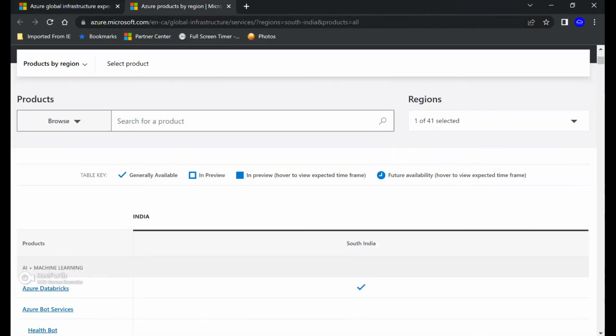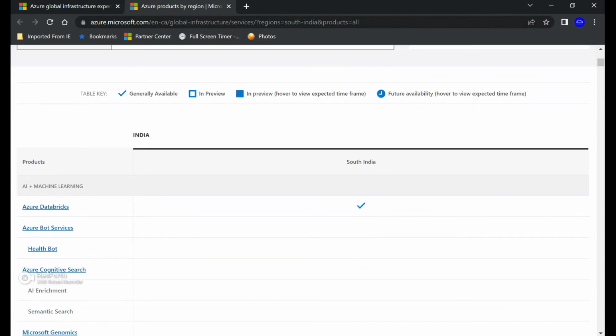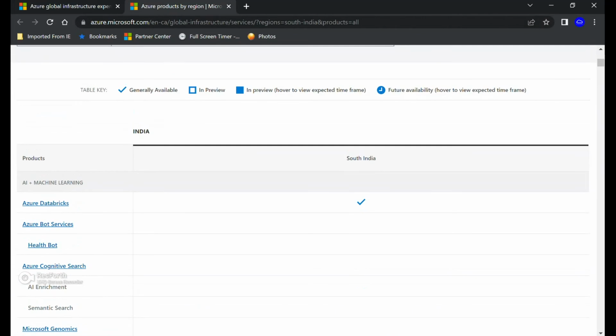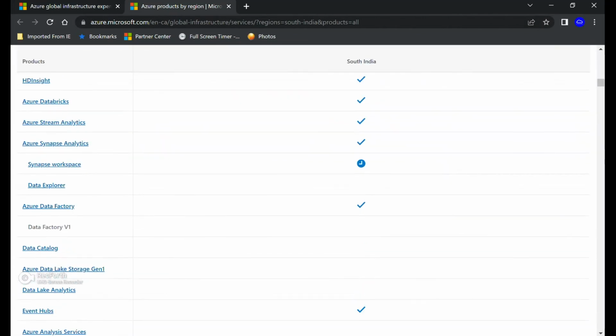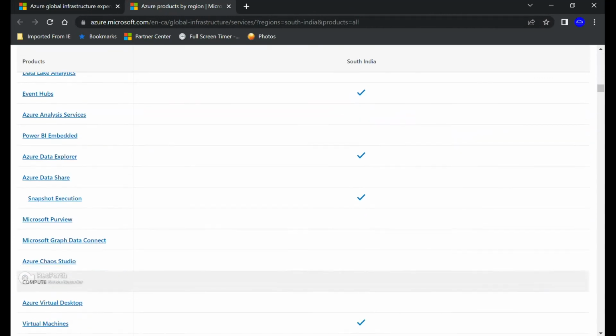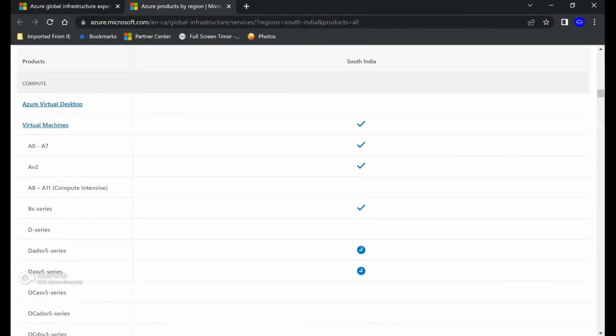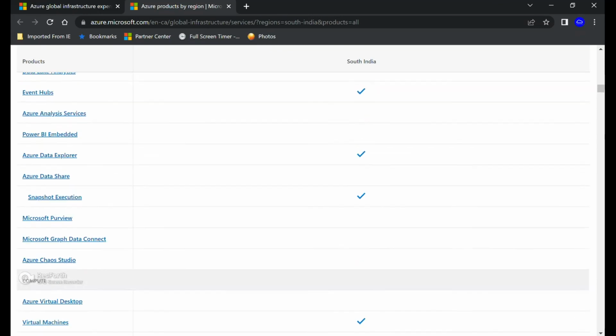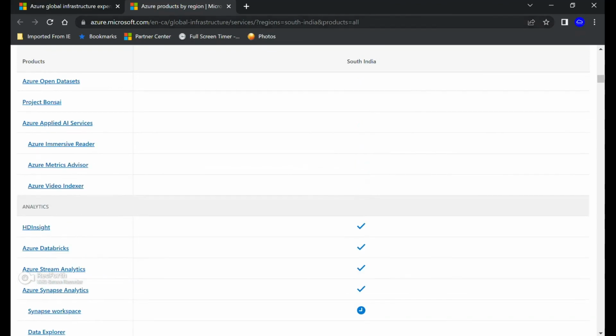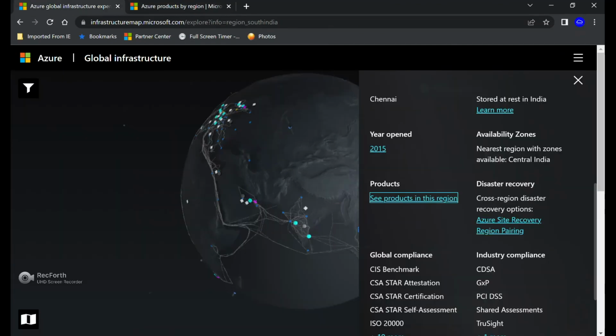because as you know, not all the regions have all the same products. So if you are curious which products pertain to different regions, you can go and check that out from here, right? So these are all the different products attached to the Chennai region, because you might be in a situation in which you want to deploy a specific product and then you notice that that product is not available. So it's always a good idea to see what products are available in that specific region, and then you can make the decision. And if you want to explore